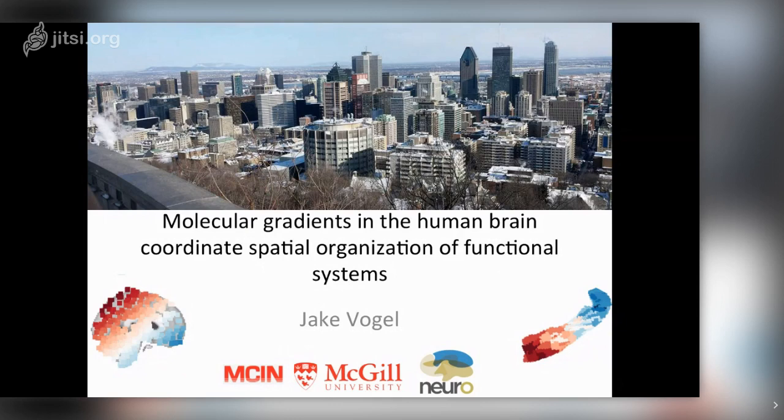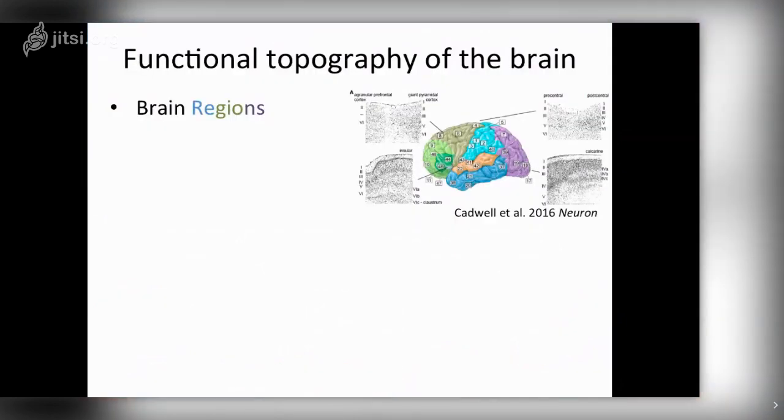So I'm going to talk about two studies that explore the relationship between gene expression gradients and the functional organization of the brain. I'm going to take both a local view in the hippocampus as well as a more global view across the whole brain. So I certainly don't need to introduce this topic too much, but we all know that the brain